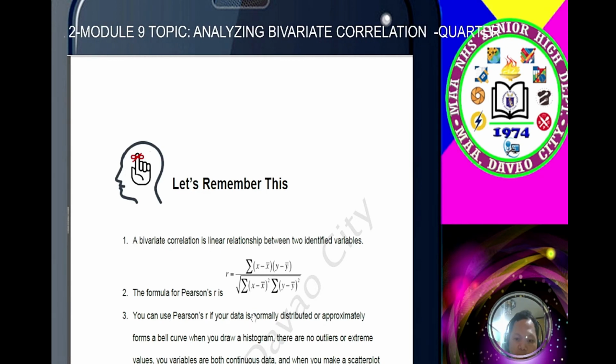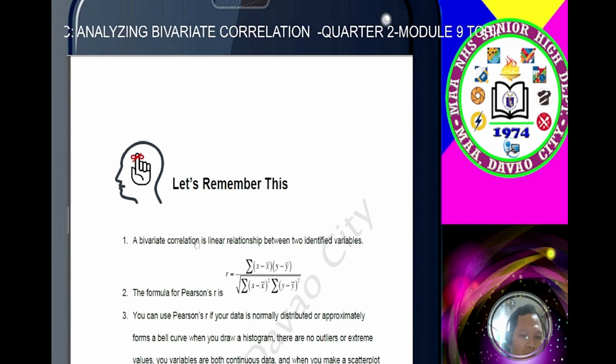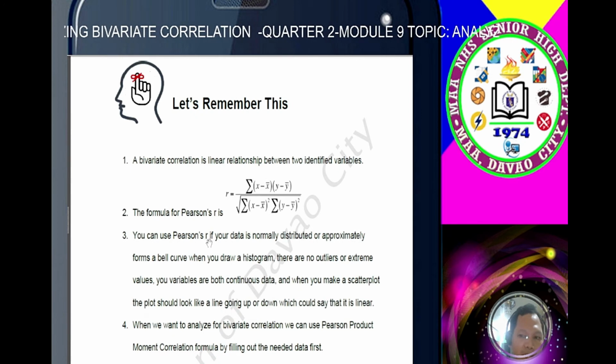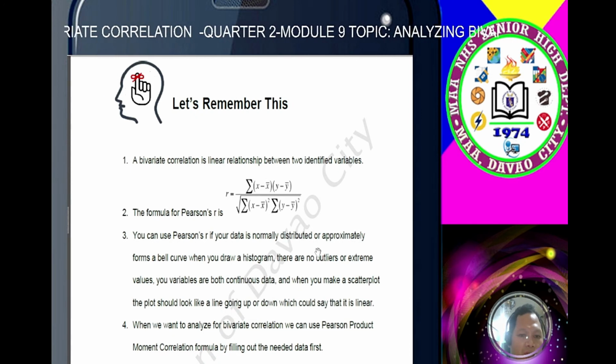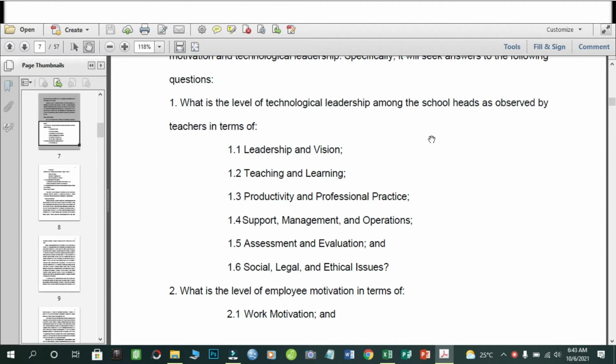So let's apply this in our study. Now we will apply this concept of correlation in your research paper. Let's go back to your research questions. Supposing this is your research question: what is the level of technical leadership among school heads as observed by teachers in terms of